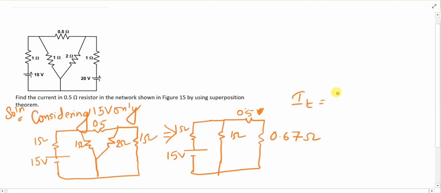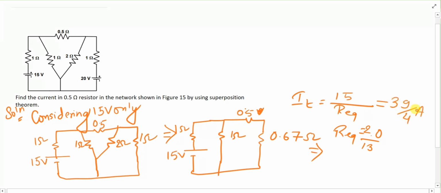I total is equal to 15 upon R equivalent. R equivalent is equal to 0.5 plus 0.67, which is 20 by 13. Put that value and you will get 15 divided by the answer, so I is equal to 39 by 4 ampere. Once you get the value of I, you can directly find I dash, which is flowing